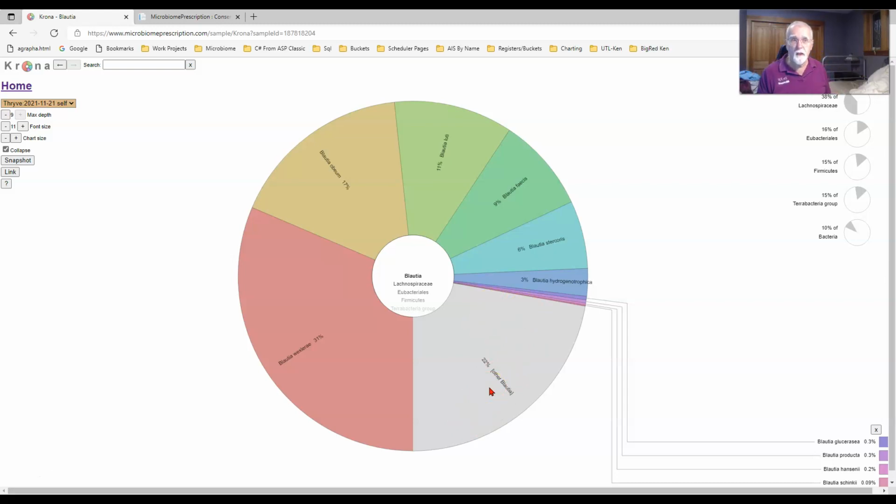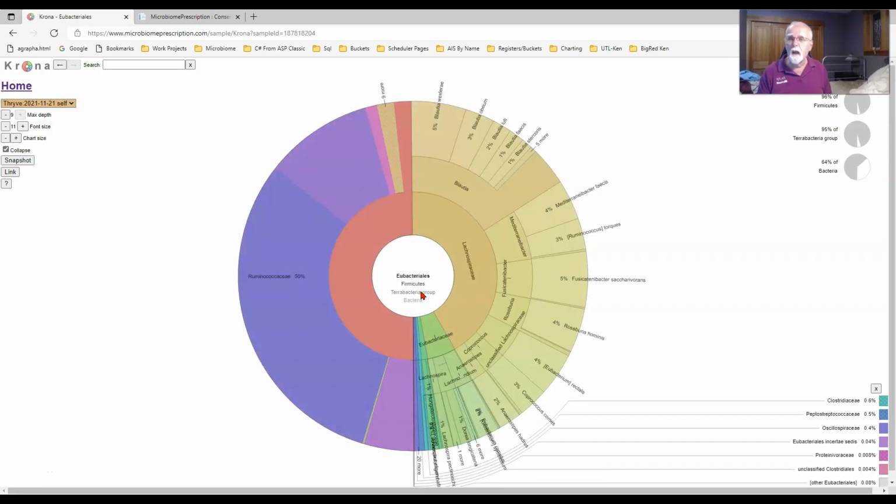That's 25%, which the labs are not able to measure, or we don't know what they are precisely. We haven't developed a fingerprint of what they are, or the fingerprint hasn't been given a name. So you can go in there and you can go back up by just clicking here to go over and see level up. So let's say we want to go through Rheumatococcus,